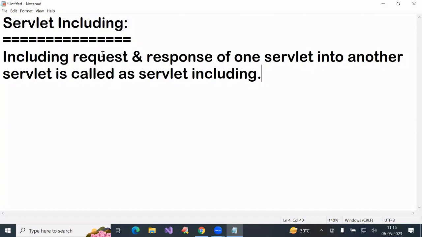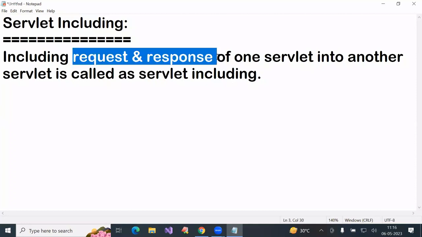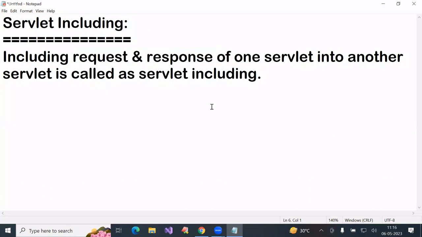Say, request and response included in another servlet. In Servlet forwarding, also the request and response are only forwarded. In Servlet including, also the request and response are only included. But the concept is called Servlet including. Say, for example,